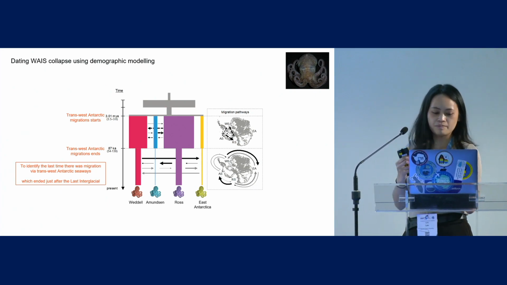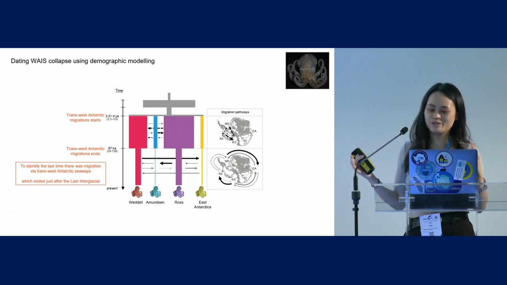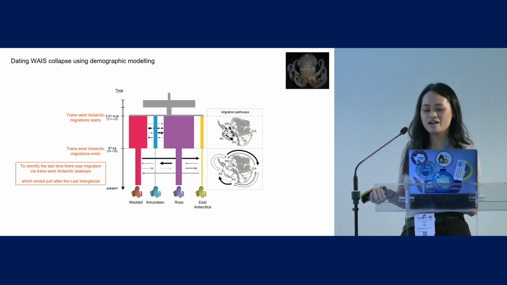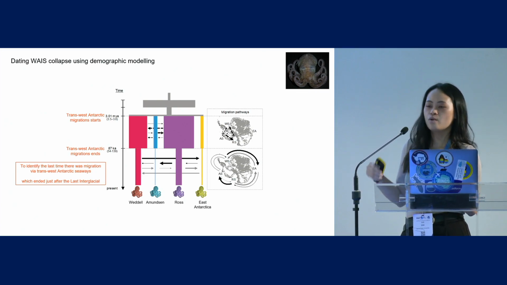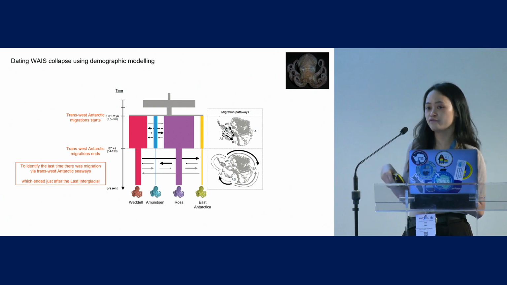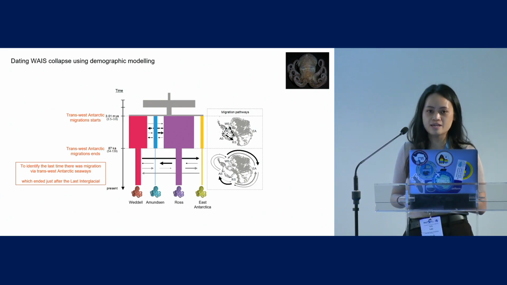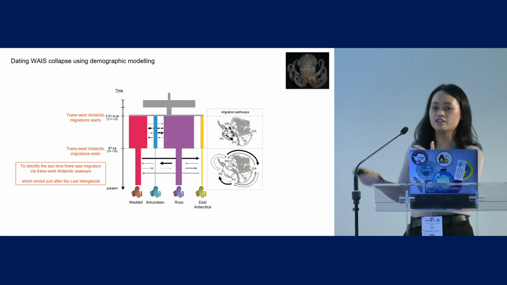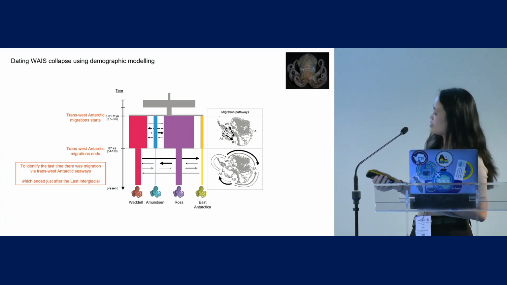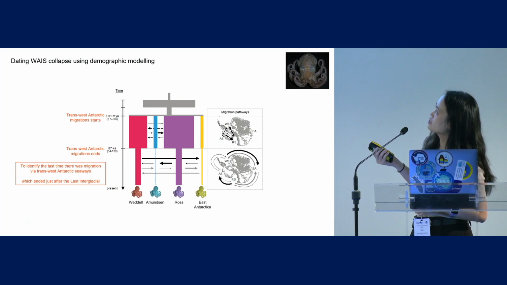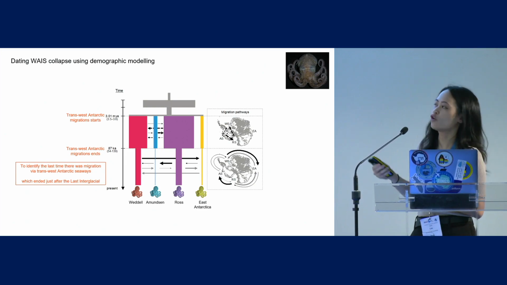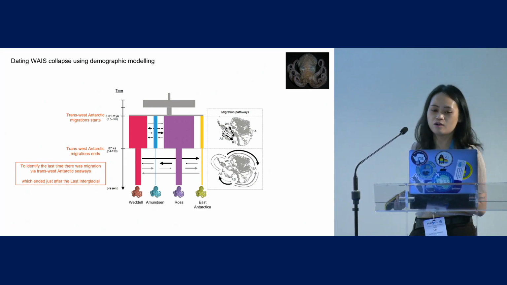And of course, there should be other seaway openings and closures between the mid-Paleocene and the Last Interglacial, like MIS 31, but our models here are specifically designed to test when was the last time there was migration through the Trans-West Antarctic Seaway, which the octopus genome shows was during the Last Interglacial and not in earlier geological periods. So since the seaway closed up after the Last Interglacial, there was migration going around the coast clockwise and anti-clockwise